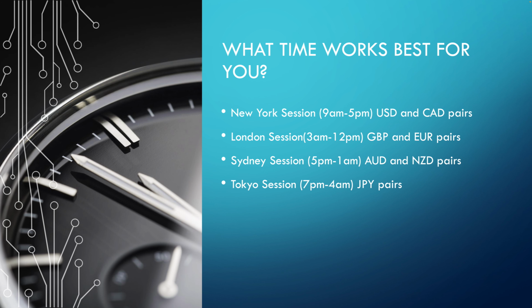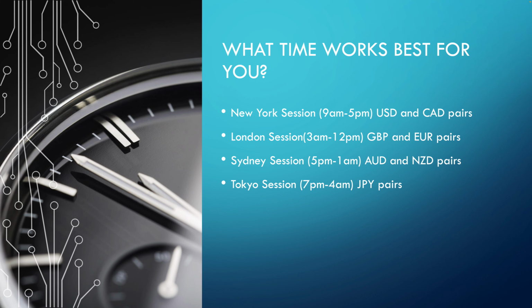So the first step in choosing your currency pair is to figure out what time works best for you. As you should know, the Forex market is open 24 hours in a day. And within those 24 hours, there are 4 different market sessions that provide different types of volatility for you to trade within. So the first session and the most volatile session that most traders do trade is the New York